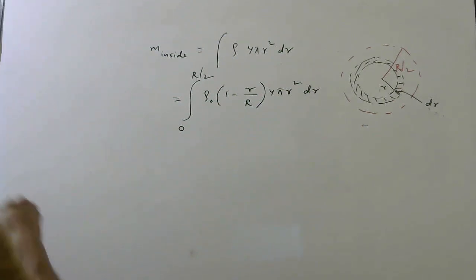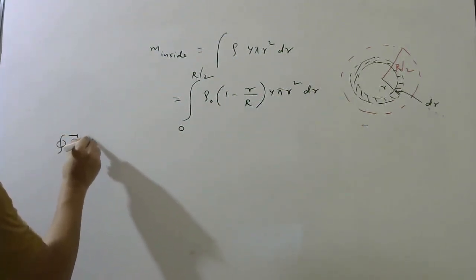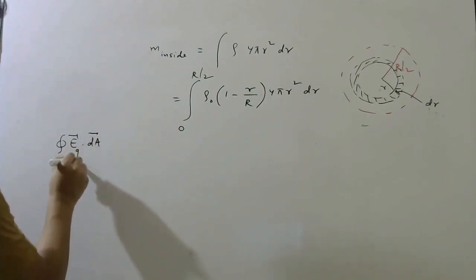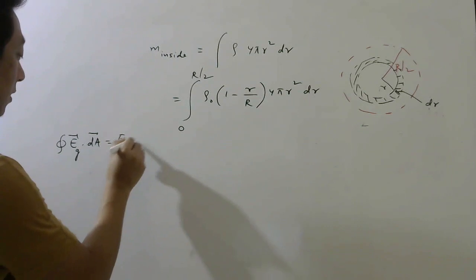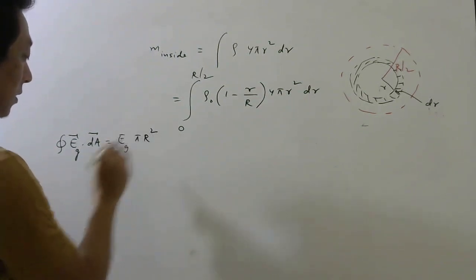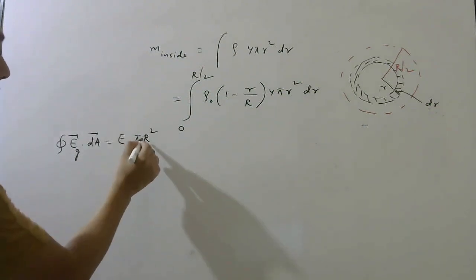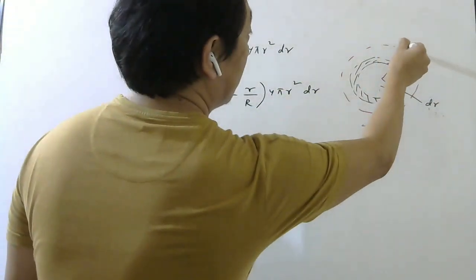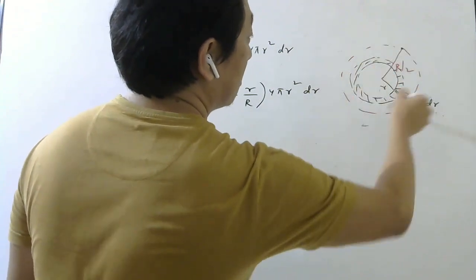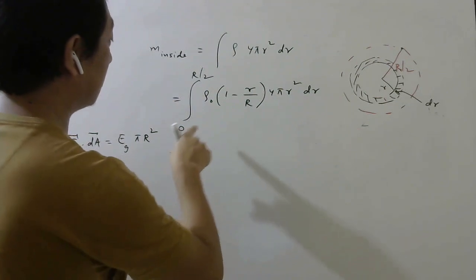Let us remember, the left hand side of Gauss law was integral E dot dA, except now it is the gravitational field, which came out as Eg into 4 pi r square. Actually it is 4 pi small r square, but small r is r by 2 because we have to find the field at this point, remember. So this is your Gaussian surface, right? Okay, now integrate the first term.